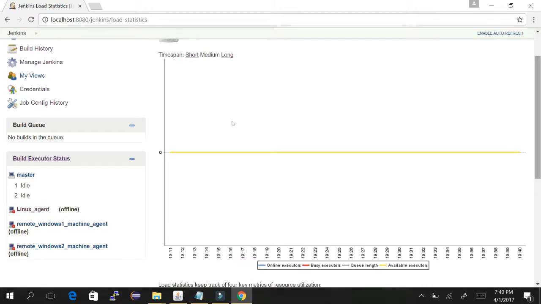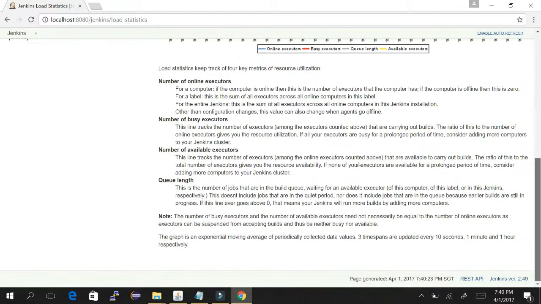Now loads, system log is also done. So let's move to load statistics. So what does load statistic mean? Load statistics,